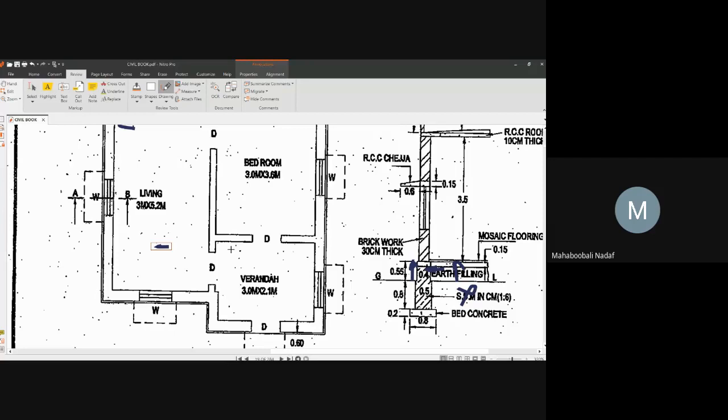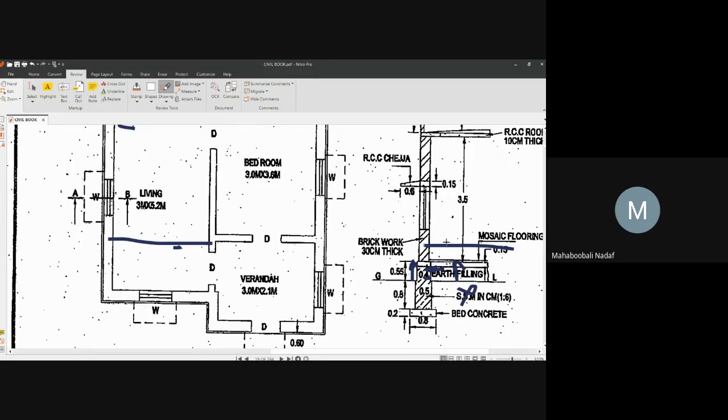This simple concept. Center to center was from here to here, it is 3.25. Correct? Now, in this diagram, that center to center is from here to here. In that, you have to minus this 0.4 by 2, another 0.4 by 2. Center to center of that room, you have calculated. In that, half of the width of this sandstone masonry, and that side, half of the width of that sandstone masonry. Means what? In the 3.25, minus 0.4 by 2, minus 0.4 by 2.